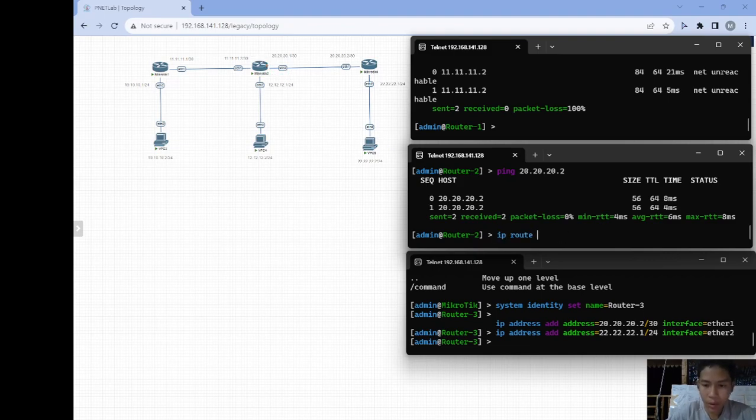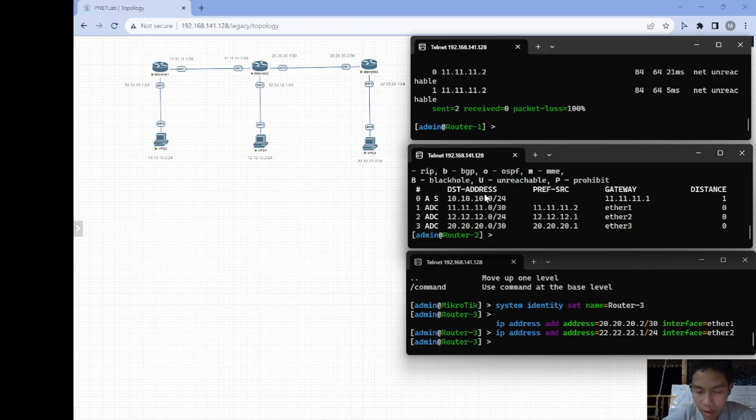First we see the IP route. Yes, there is only one. Now we add more IP routes. We add an IP route with the destination being the local address of the network of router 3, 22.22.22.0/24, and the gateway we use is the other address of router 3, which is